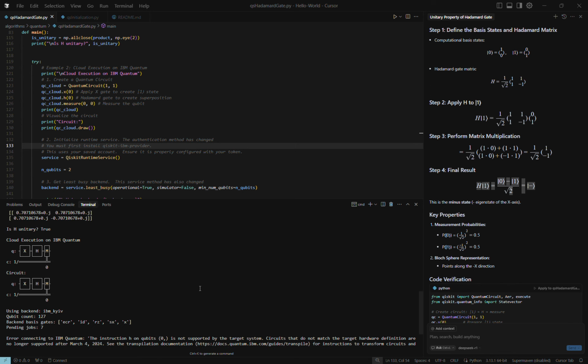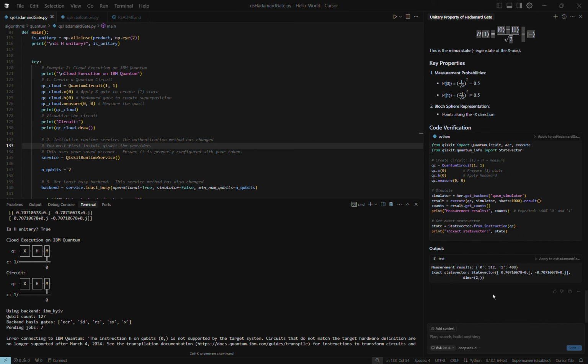Certainly, let's discuss the print, QC, and QC draw operations in the context of quantum circuits using Qiskit and how they display the circuit. Print, QC. When you use print, QC, Qiskit provides a text-based representation of your quantum circuit in a format that shows the sequence of operations. The text output is useful for debugging and quickly checking the structure of the circuit. In the images, print, QC, outputs something like